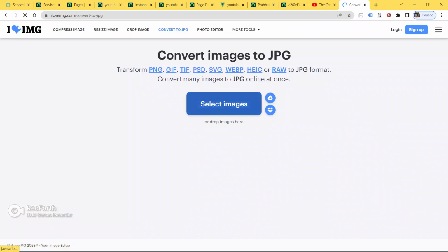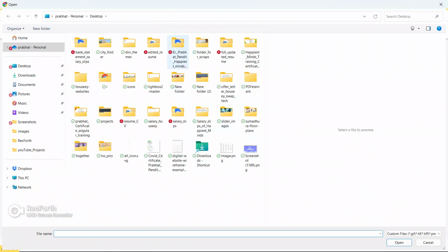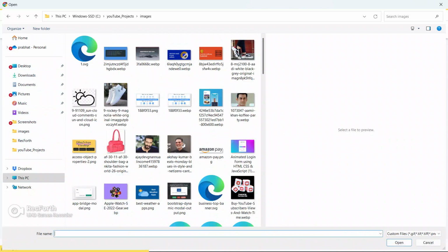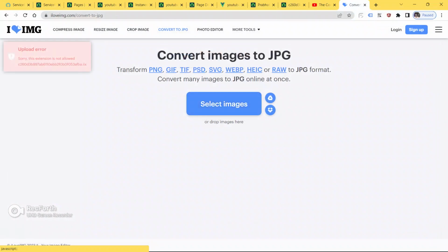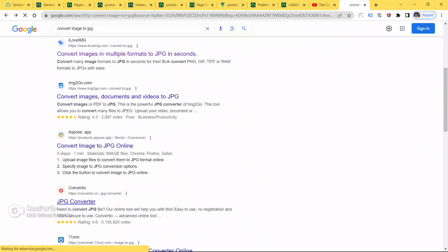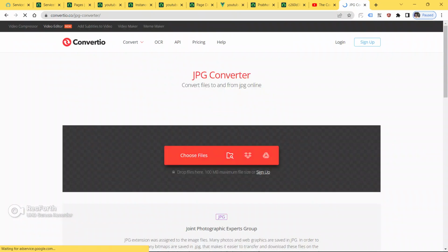Just open any one. Select image, go to the YouTube project images, and copy the image name here. Click enter. It is saying the extension is not allowed. Let's go back.